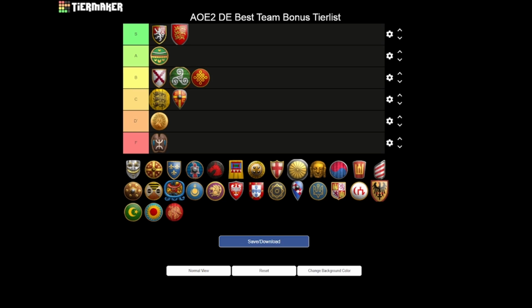I still just think that 10% food, it's just not that much, and food is not a terribly scarce resource by that early to early mid Castle Age moment when this bonus is going to help some. And so I just think it's a decent bonus, but it's really not getting us any higher than the B tier. Now next up we have the Cumans,